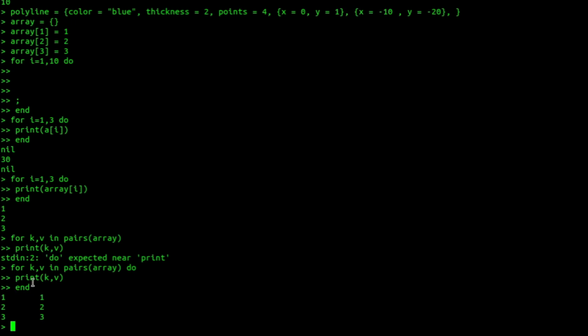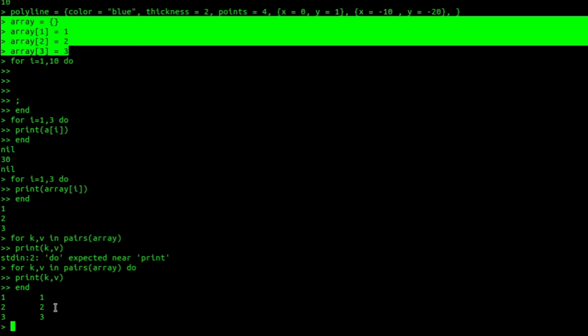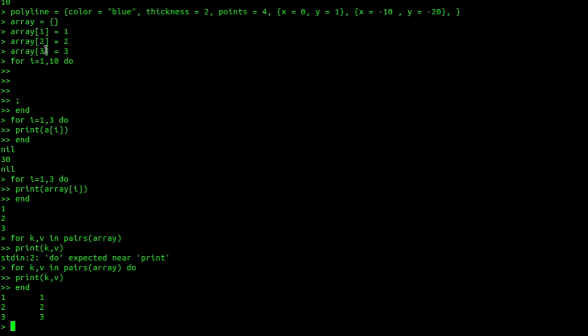Here we have used an array where the indexes are integers, so that's why this table is called an array. But if we used some other table without numeric indexes, the order would be nondeterministic, because internally Lua stores the table elements in a hash table, so you can't determine the order unless you are using integer indexes. So you should keep that in mind while coding in Lua.